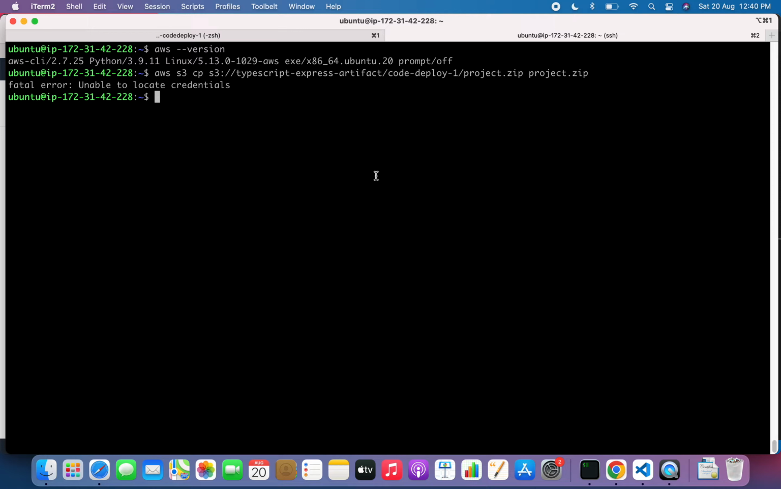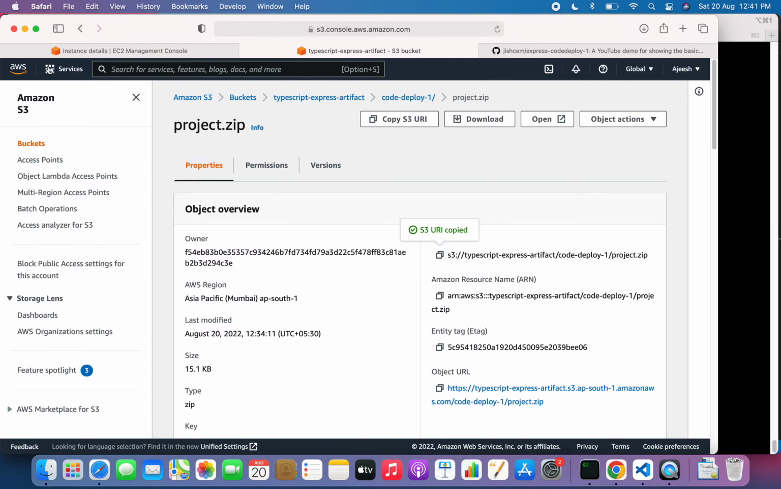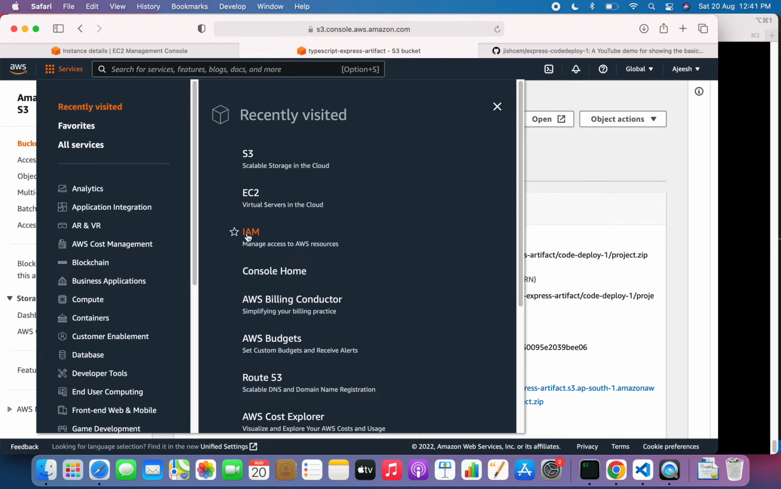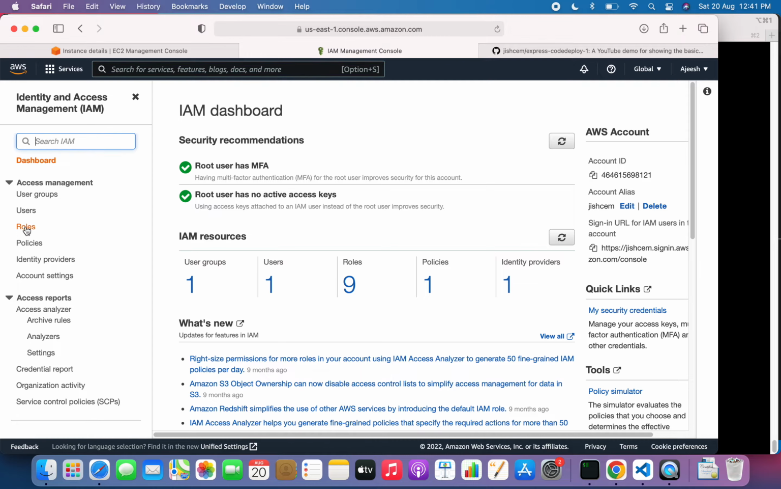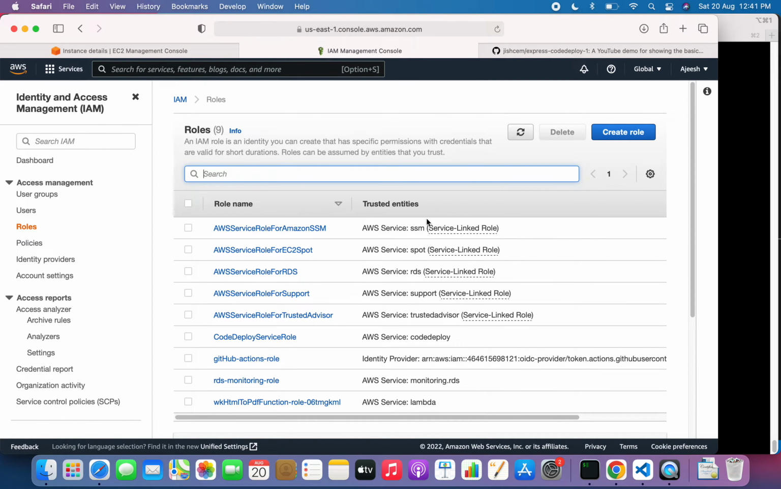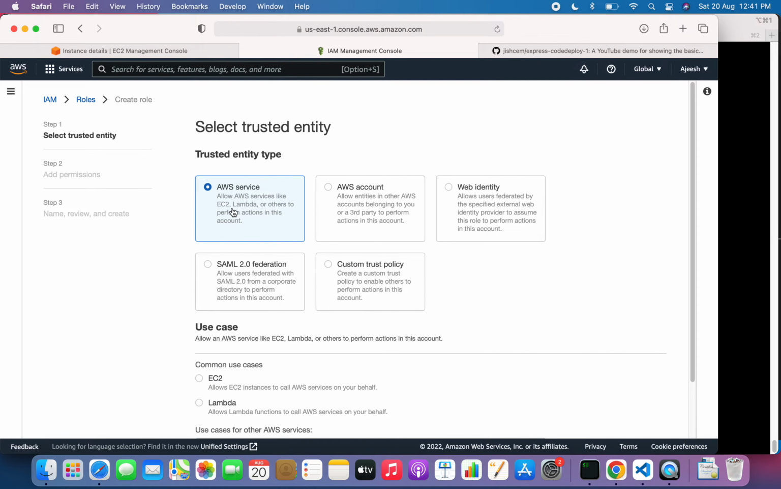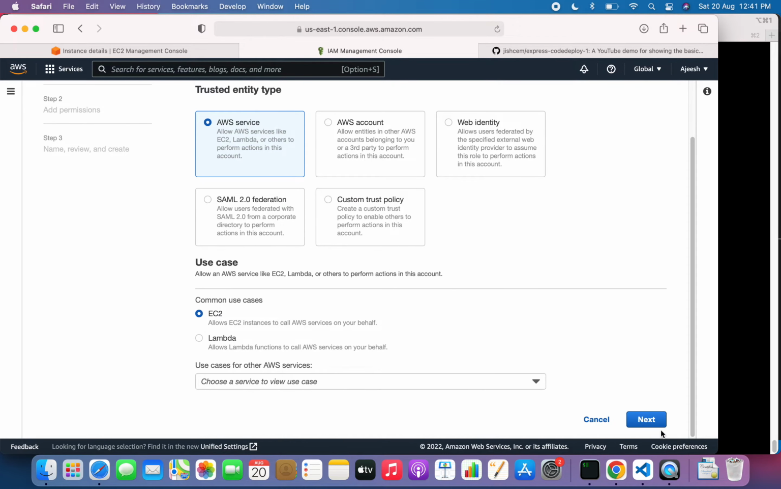We can do so, but there's an easier and more flexible approach. That is the approach of creating a role with the needed permission and assigning the role to the EC2 instance. So let's do that. We have to go to IAM. Right, so we will go to roles. We will create a role, AWS service, EC2. Next,